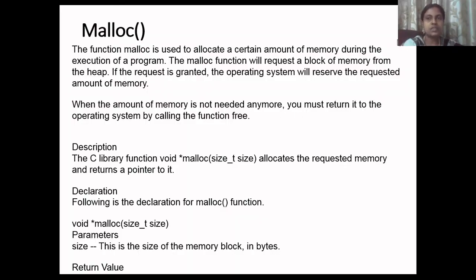To start with, we will discuss one concept called malloc. This term is not new to all of you. We discussed this term in the previous semester when we were discussing dynamic memory allocation. One type of dynamic memory allocation is malloc. Malloc is a function which is used to allocate the memory size during execution of the program. That means dynamically we can allocate.